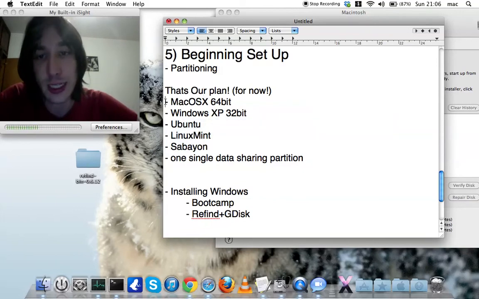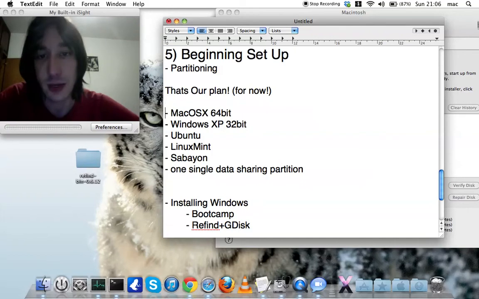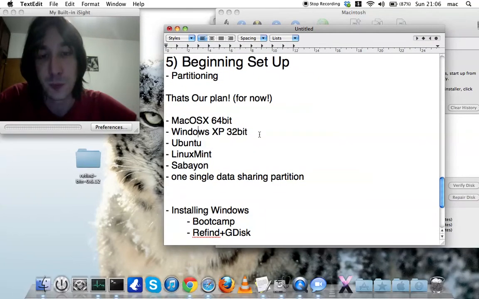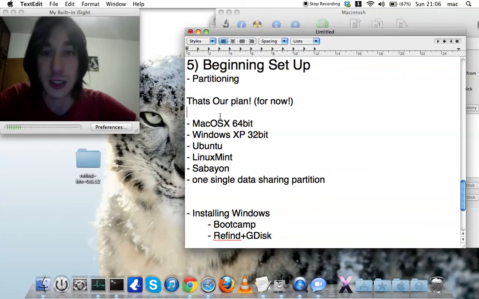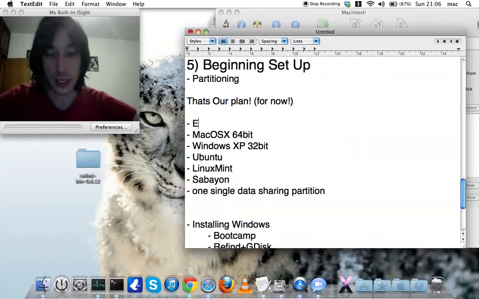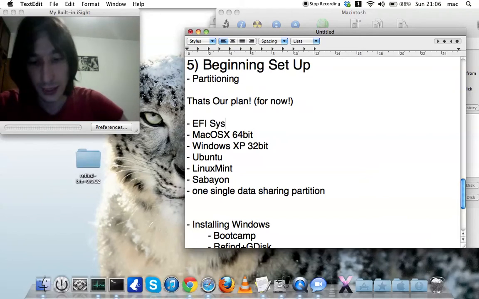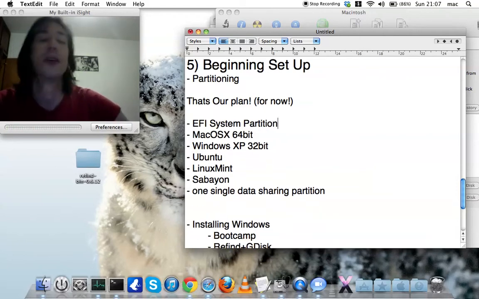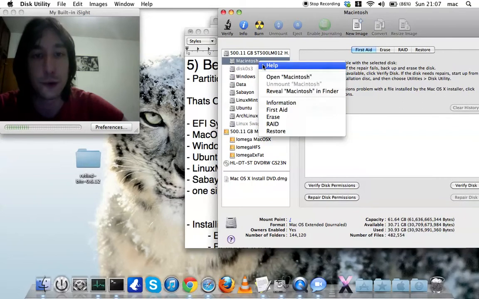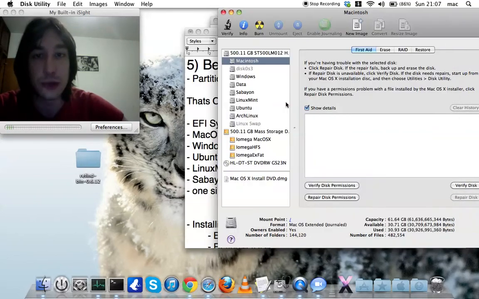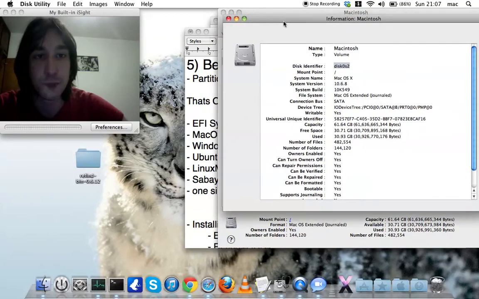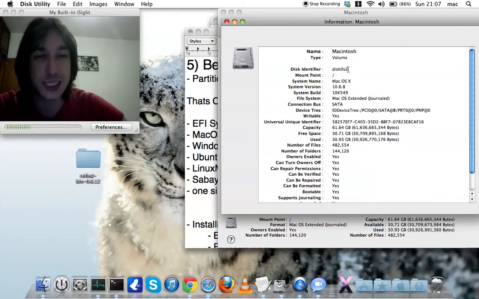And I'm trying to make this plan a little more like I did on mine, trying to make it look like a real partition scheme, not just a plan. Okay, so here, and you don't know that, when you install Mac, if you come to the information stuff, you can see that this is disk